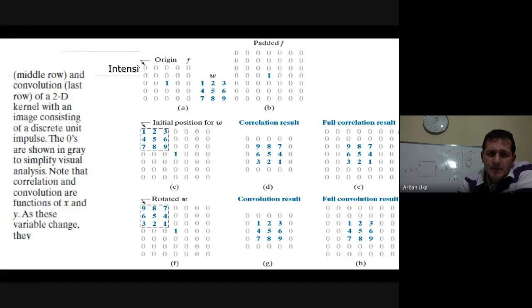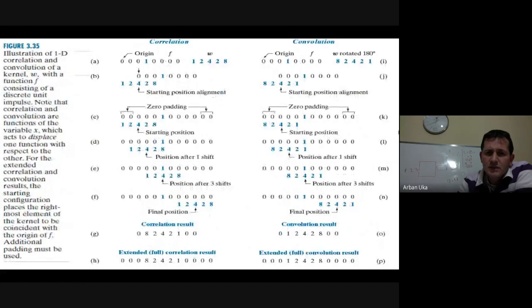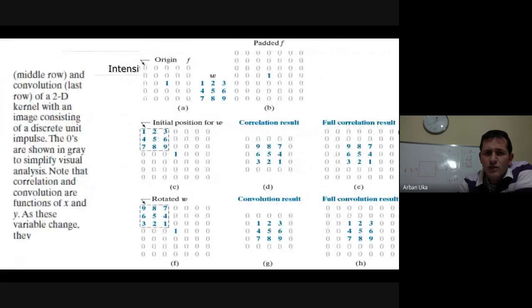Here again, we see an example given. Now, this example here was the convolution of a one-dimensional function convolved or correlated with a one-dimensional kernel. In images, we often see the following. We have a kernel, here W, which is a 3 by 3 filter or 3 by 3 kernel, and we want to implement this kernel onto an image which is a 5 by 5 image, all zeros, but with only a value of 1.